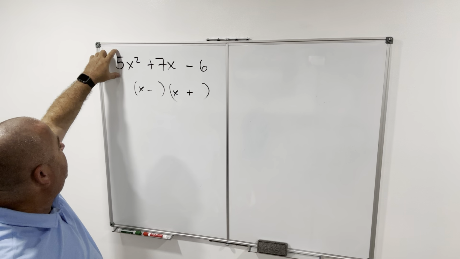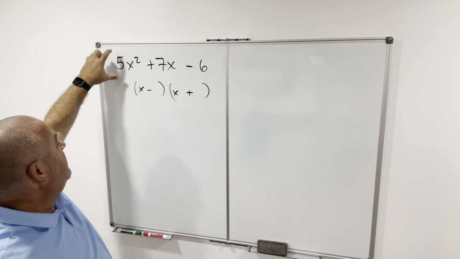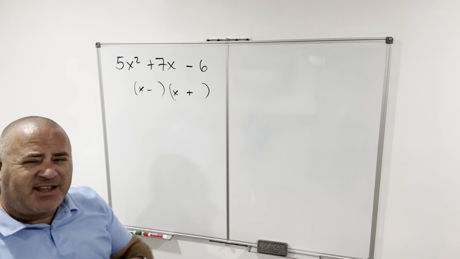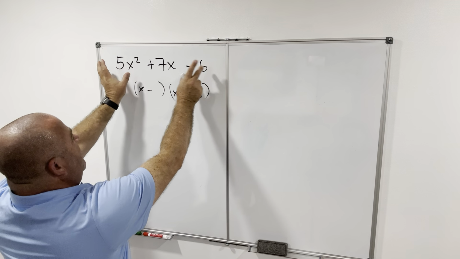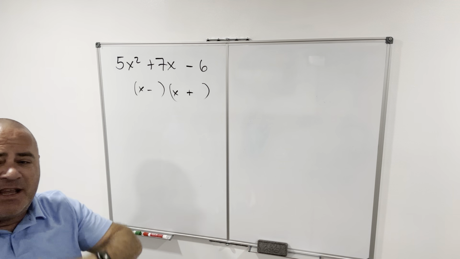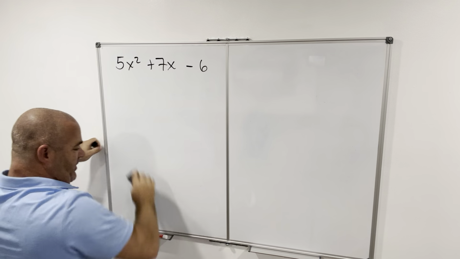But since we've got this 5 here, then one of these is a 5 and one of them is a 1, because that's the only way you can get 5. But everything else gets a little tricky because this middle term is now a combination of these two terms multiplying and getting different factors. So we're going to treat this just a little bit differently, but we're going to use